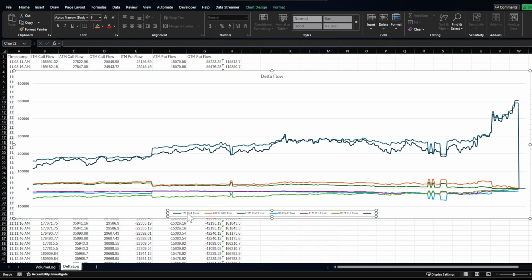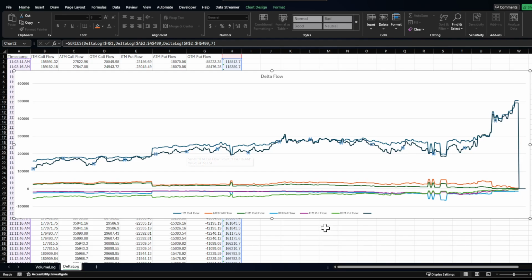So it's got in the money call flow, at the money call flow, out the money call flow, and then on the downside, it's tracking in the money put flow, at the money put flow, and out the money put flow. And then the black line that you see here is essentially the net delta value, or the net delta flow,